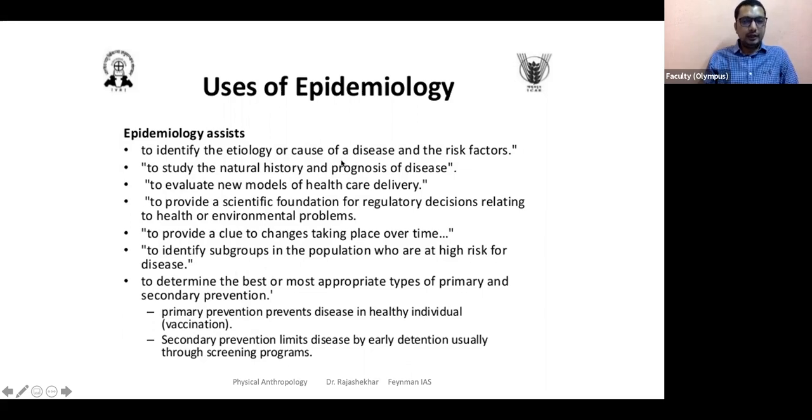How does the disease start, and how does it spread? What is its prognosis, or the state at which it moves ahead, and the risk factors associated with it, and subgroups in a population who are at higher risk? And the knowledge, or information, driving us forward in dealing with the disease. That is what happens when we get more and more insight related to the infection through epidemiological studies.